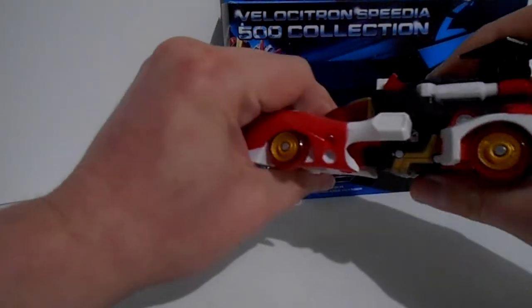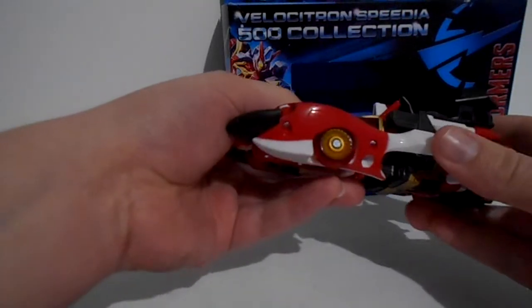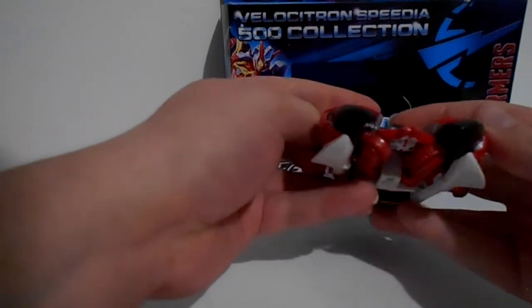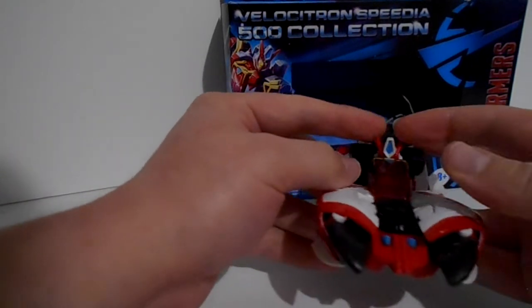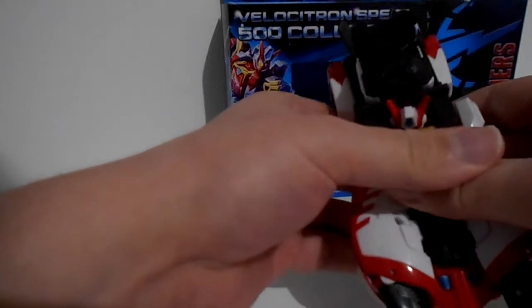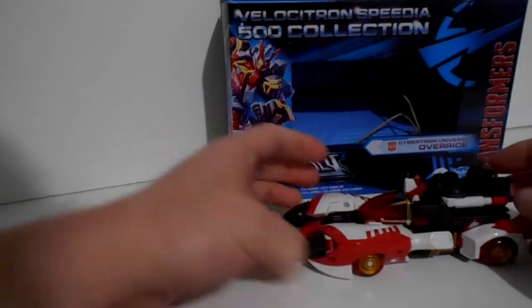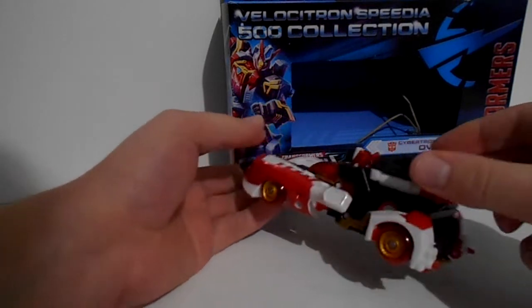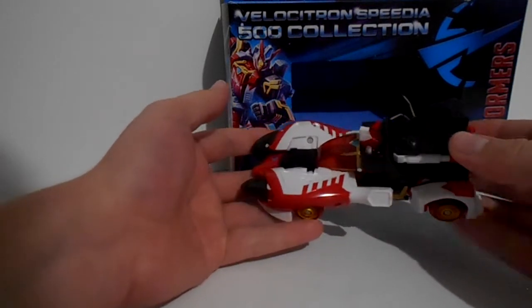Let's just stick that back in there now. So Override's head's kind of just there. I mean, it does kind of look like a crown. I mean, if you painted it gold, it would look like a crown. It's a neat mould. The thing kind of reminds me of Speedrunner,